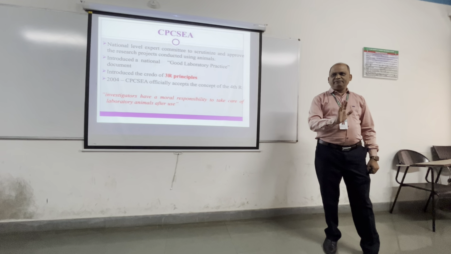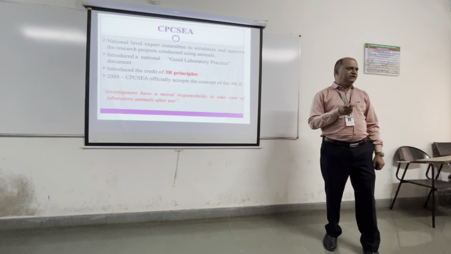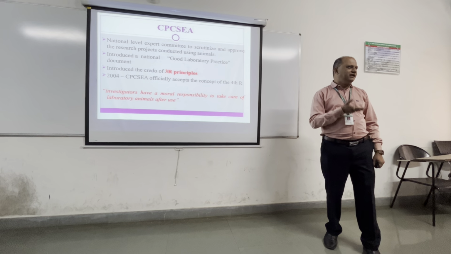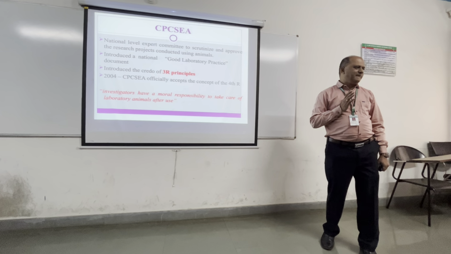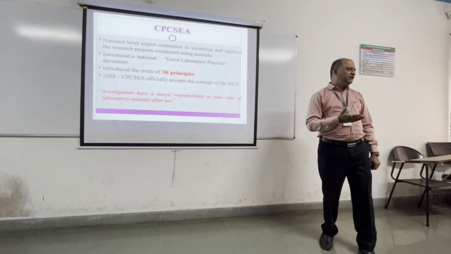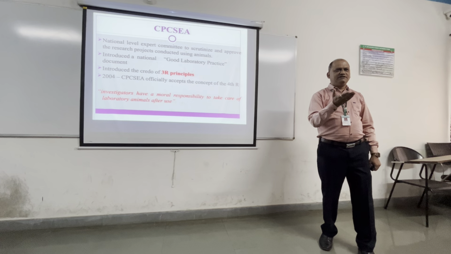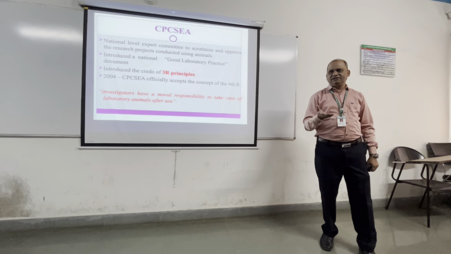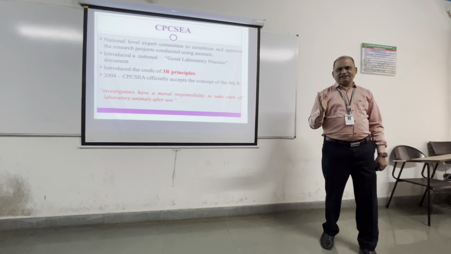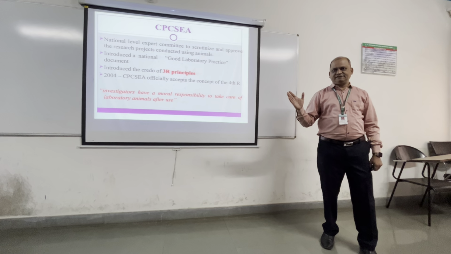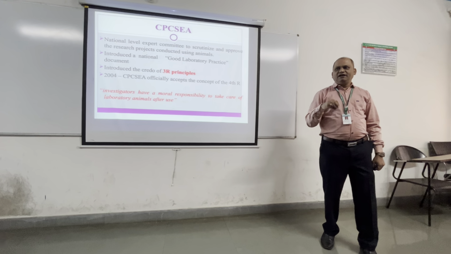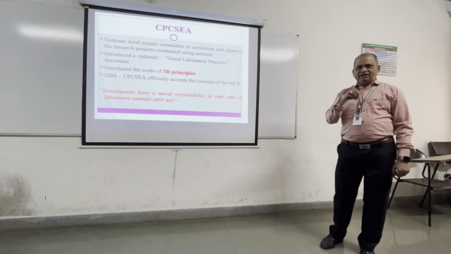The control group will be kept as it is, and whatever solution, the vehicle you are using to make your test solution, that will be given to the control group. And the test groups, with your methanolic extract or ethanolic extract, whatever it will be, are to be there. And in chemistry, according to your structures, the products are there; you will make different groups. So three parts are there: control, standard, and test. Understood? So we will make a protocol with the number of animals required, and that is the purpose of this committee, the IAEC.